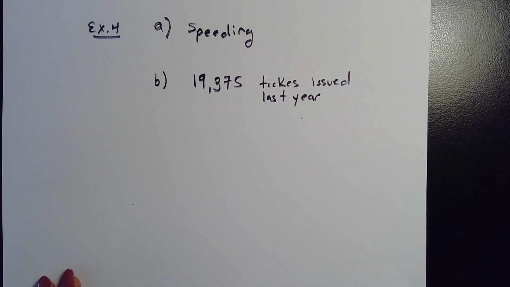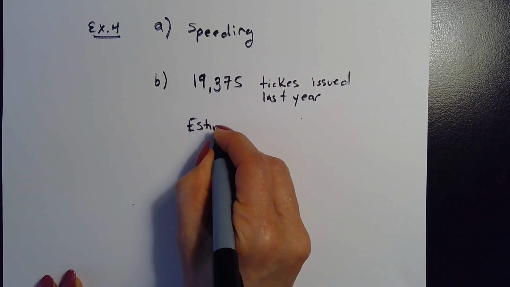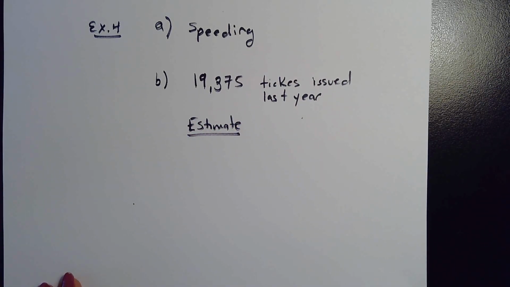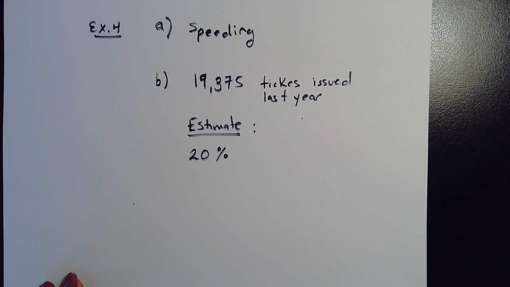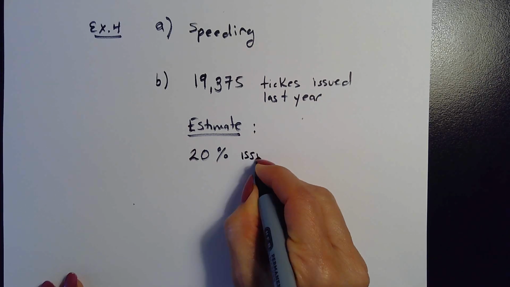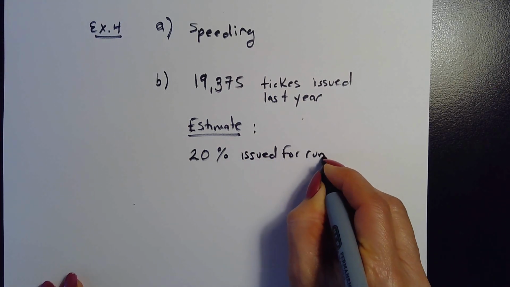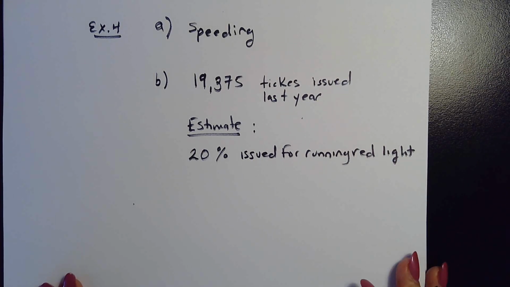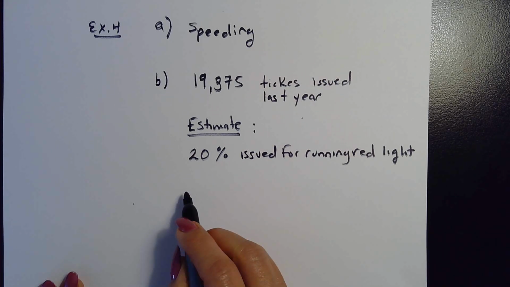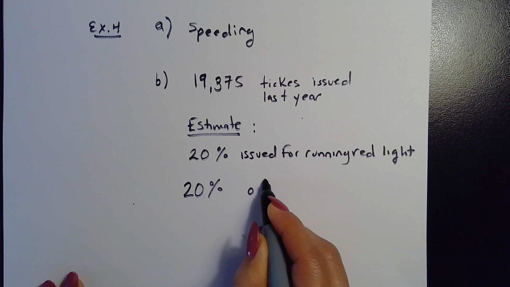Okay, and we want to estimate the number of tickets issued for running a red light. Now, for running a red light, 21% were issued. So I'm going to estimate that to be 20%. Instead of saying 21%, I'm going to say 20% issued for running red light. So they want me to give an estimate. So if I know it's 20%, it's going to be 20% of